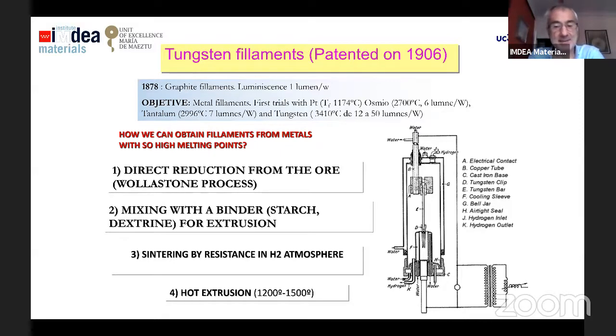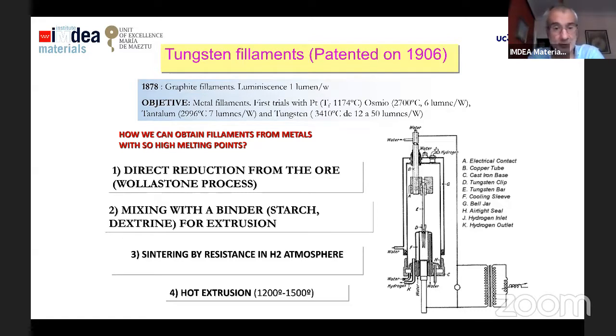They put them inside a furnace, in a capsule, in which they applied a current flow from the two places where the bricks were held, and passing through the tungsten oxide brick, they reduced it in a nitrogen atmosphere, and produced small ingots of